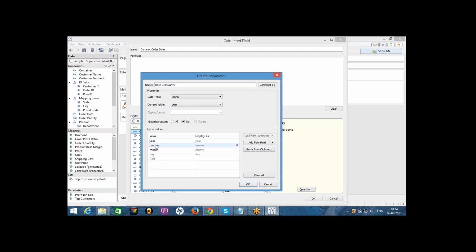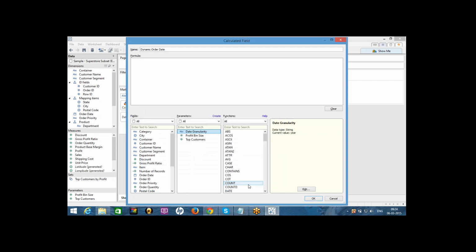So we got granularity: year, quarter, month, day. Click on OK. We got now date granularity.